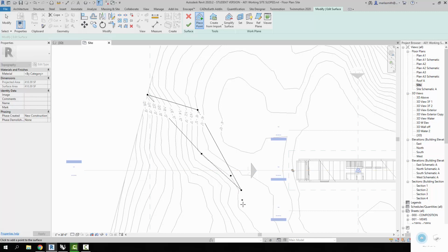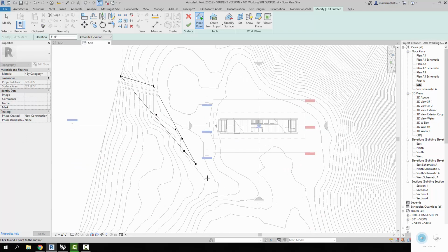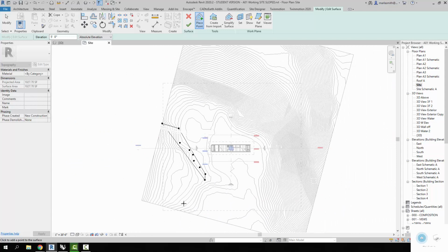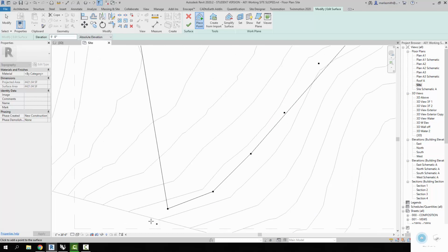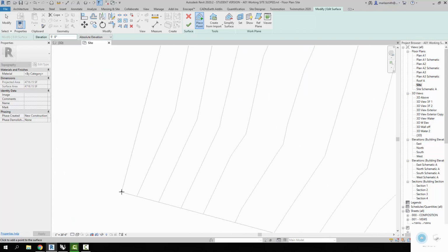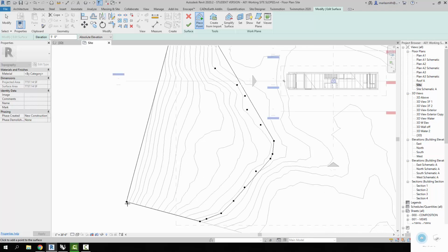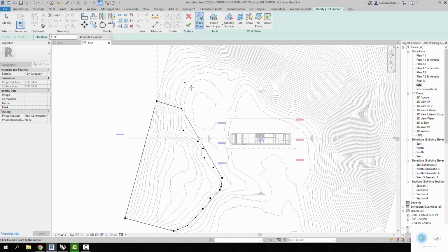on the outside of it, making sure that I don't hit that contour. Unfortunately there's no way to snap to topography, so you just have to get close here. Okay, so now I've got that running through, and if I hit check,